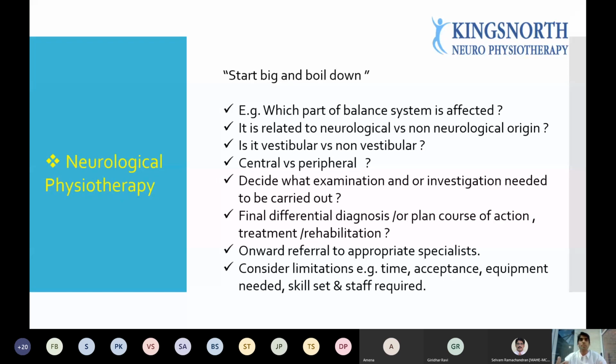Observing your staff around you: do you have enough people to perform this rehab? You need to look at the safety side of things. Is this patient going to fall? If we don't have enough people, or even yourself, look at yourself and think, am I safe to perform this on my own?